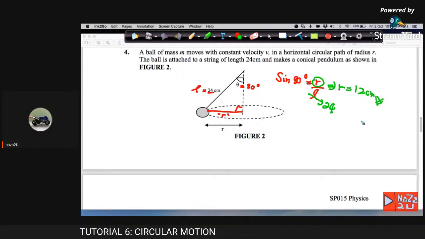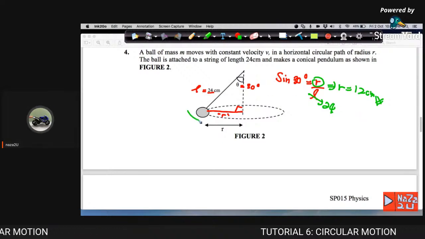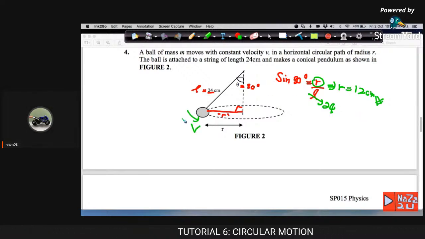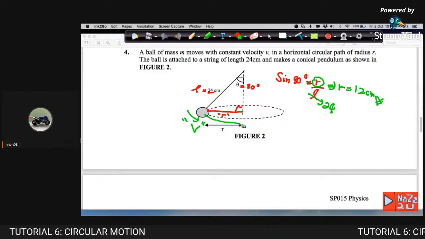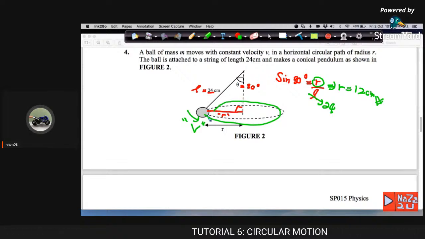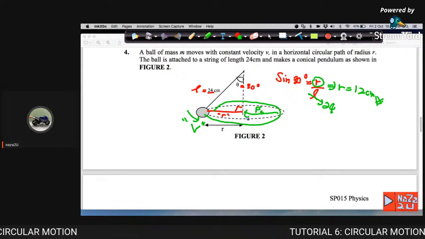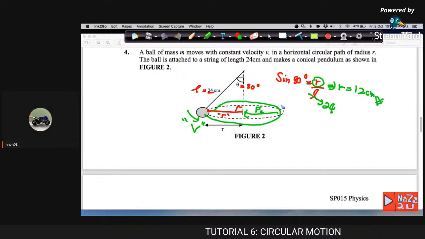Okay, class? Next question is to calculate the speed or the velocity here. Because the pendulum starts moving in circular motion, we have a centripetal force directed to the center of the circle here. So now you can use